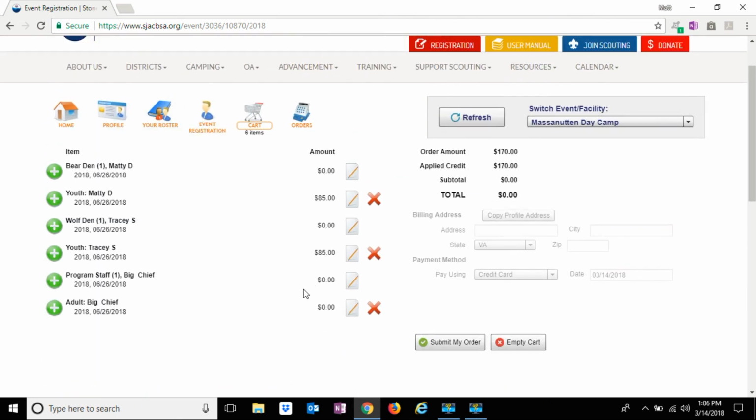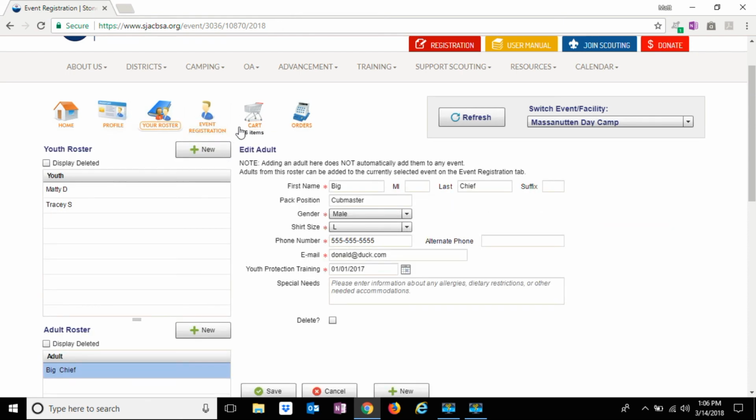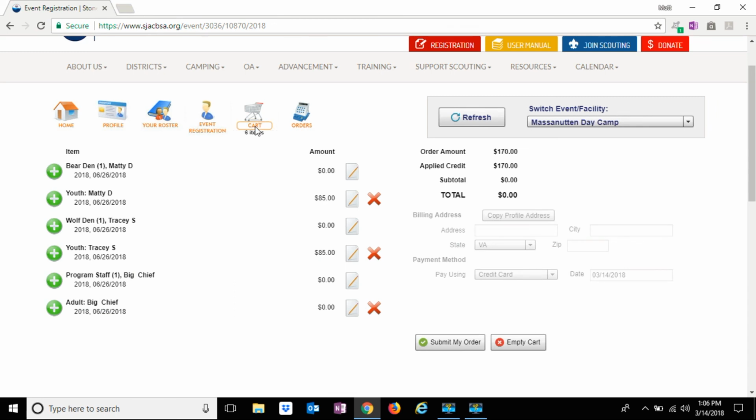The system has now taken us over to our cart. We can navigate outside the cart, and it won't delete it. But right now, it is asking us to submit all of our registrations for payment, and we have selected to pay the full amount. At the moment, we already have $170 worth of credit on the Test Packs account because I've been messing around with it. But what you will see when it pops up